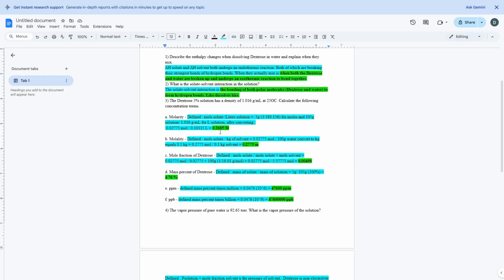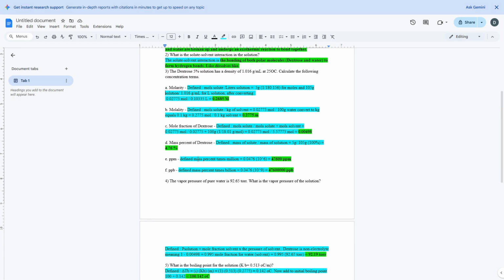Going on to molality, it's defined as the moles of solute over the kilograms of solvent. We already found our moles earlier in this first question, so we get to just plug that into the numerator. Then we plug in our kilograms of solvent, which we know we have 100 grams of water, and we just convert that to kilograms. After conversion, we get 0.1 kilograms. So we have the moles divided by that 0.1 kilograms of solvent, and we get 0.2775